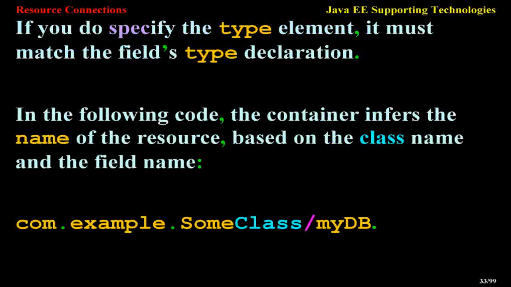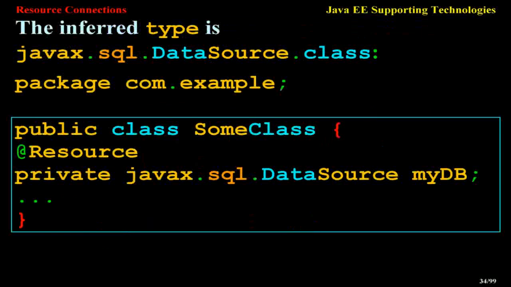com.example.SomeClass/myDB. The inferred type is javax.sql.DataSource class. package com.example; public class SomeClass { @Resource private javax.sql.DataSource myDB; }